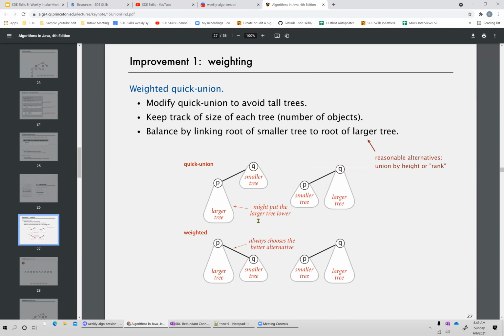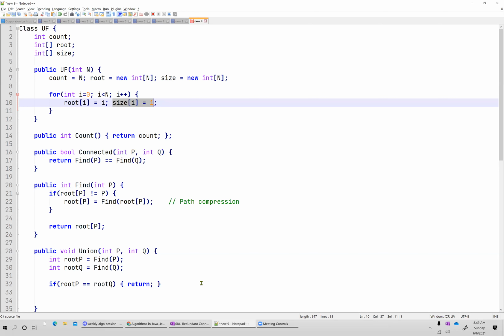It's not a binary tree, but most of the time it will be balanced if we follow that approach, right? That's called weighted union find. So here I want to compare the size that we are tracking.